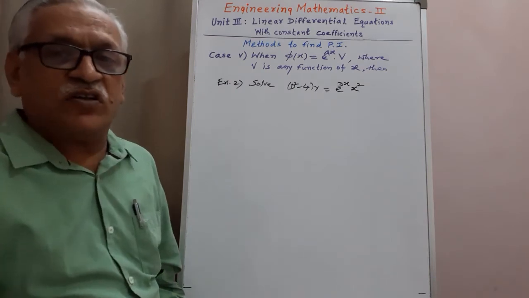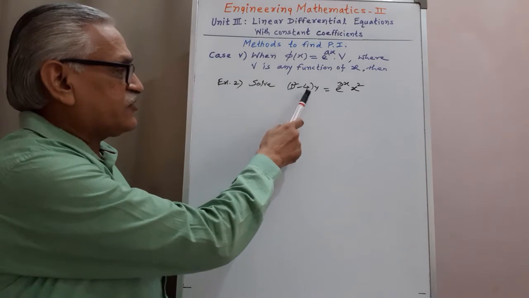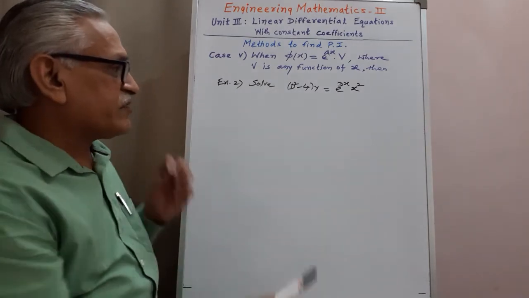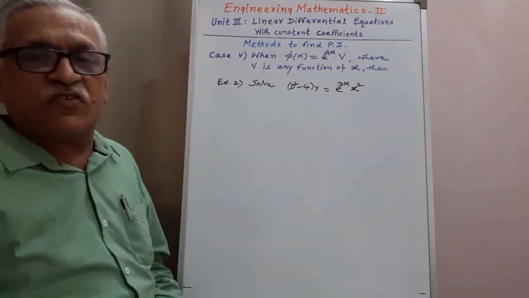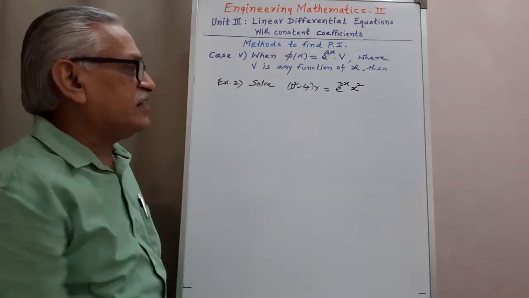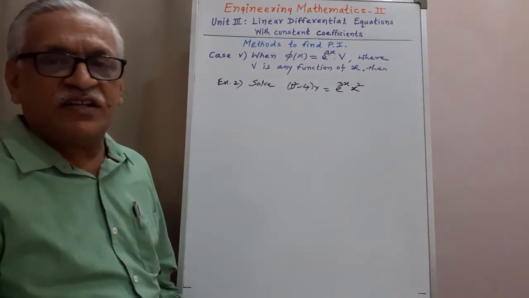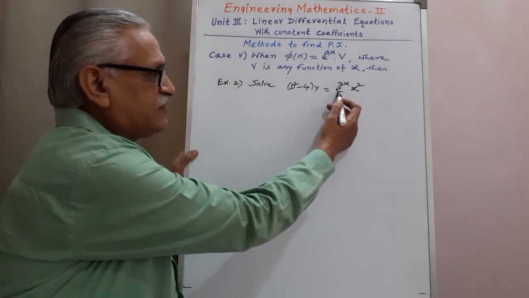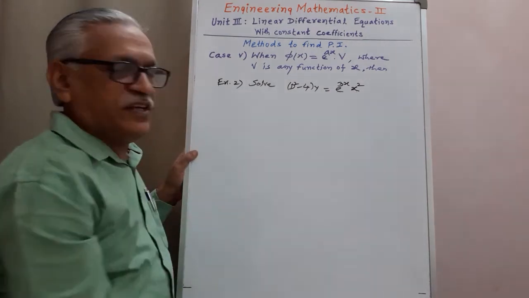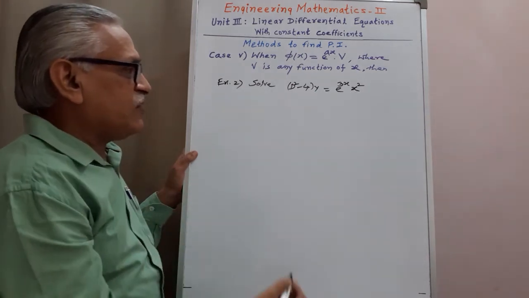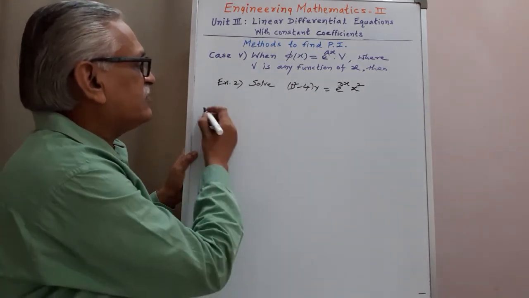Second example, solve D square minus 4 into y is equals to e raised to 3x into x square. Given differential equation is of order 2. It is linear with y as a dependent variable and x as independent variable. The term on the right hand side is in the form of e raised to ax into V type, where V is x square, and therefore applying this technique,